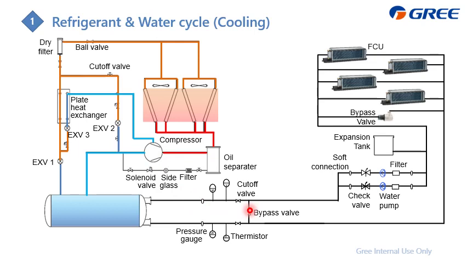For the water cycle, this is the water pump, and after that the water gets into the evaporator to be cooled down, which becomes chilled water. Then we send the chilled water to the FCUs, which are also equipped with this expansion tank. Here is how the water flows from the water pump. We send it to the evaporator to cool it down, it becomes chilled, and we send the chilled water to the FCU. Then the temperature becomes higher, and it flows back to the evaporator.